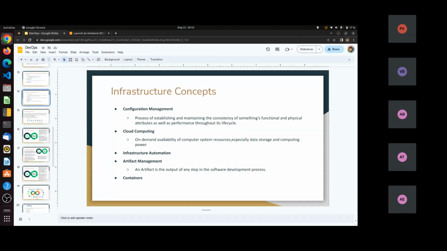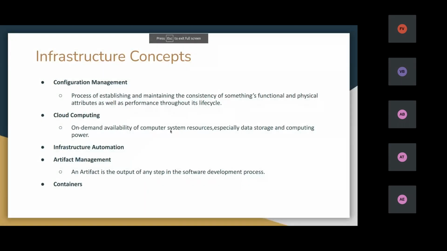Then there are some infrastructure concepts. The first one is configuration management. If you have a very big e-commerce website, for example Amazon, there will be many servers.